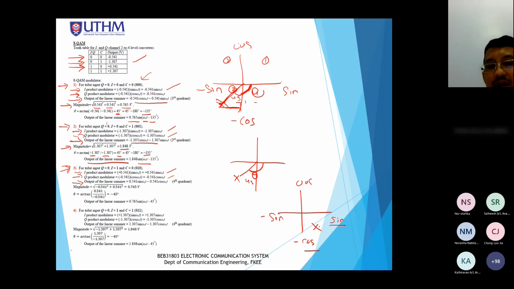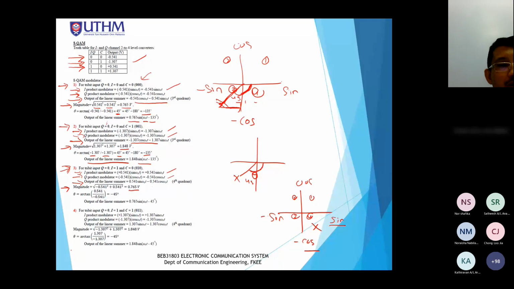So it is somewhere at the fourth quadrant. So first, second, third, fourth quadrant. Dia terletak pada fourth quadrant. But how much is the magnitude? The magnitude is quadratic summation and then square root. So we get